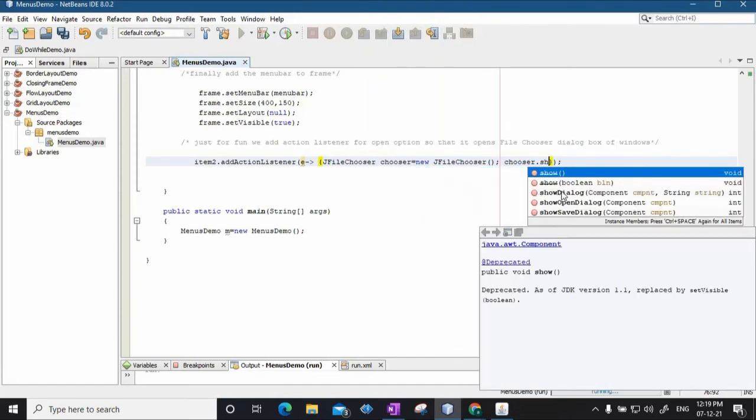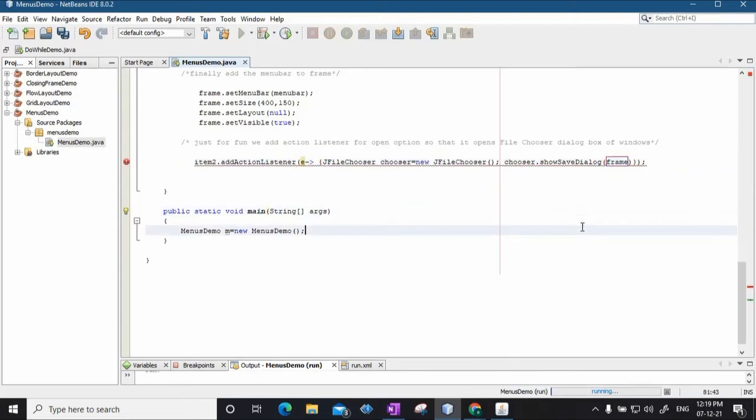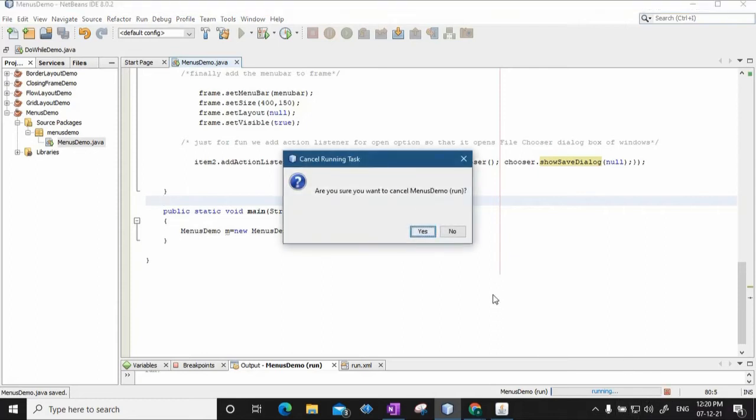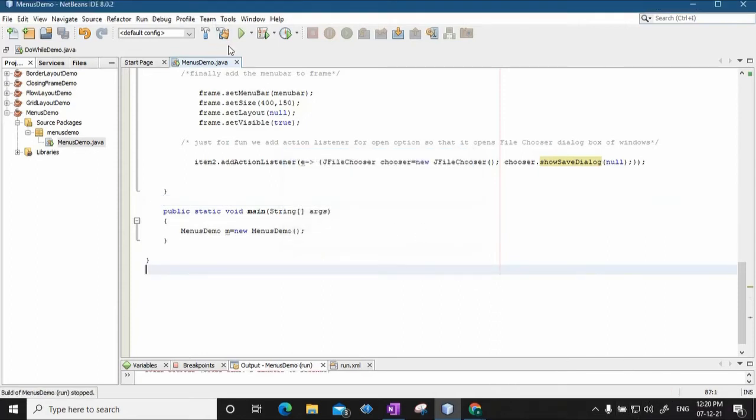For example, it can show a dialog, it can open a dialog box, it can show a save dialog box. There is a semicolon here also. If I save this, I stop the previous execution, and run this again.